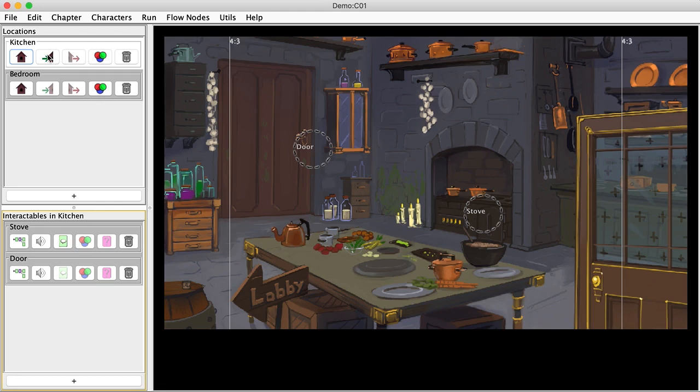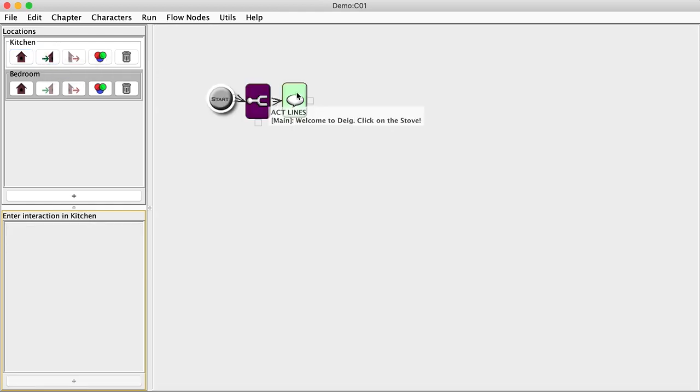These are nodes played every time we enter a location and every time we exit a location. And in this case we have one on the enter. And as you can see, there's a fork node, and then there's this welcome to Deig, click on the stove. If we want to remove this, we can click and drag, select and cut these nodes,